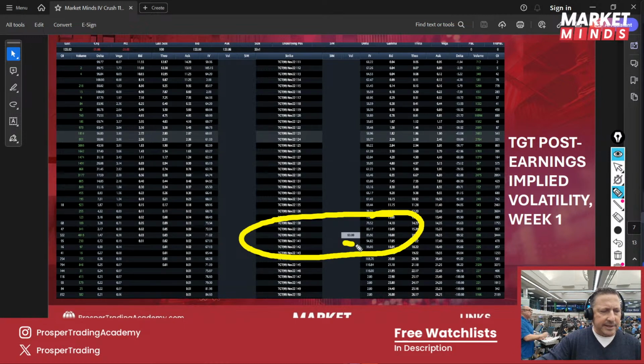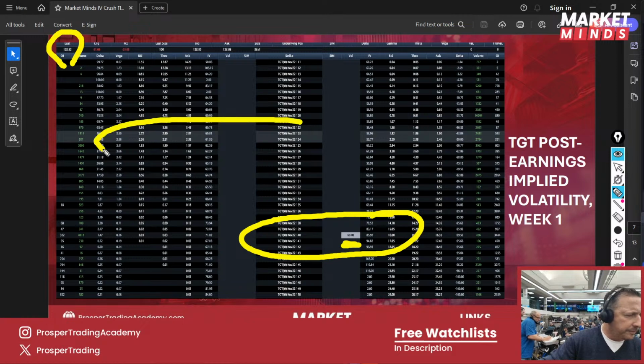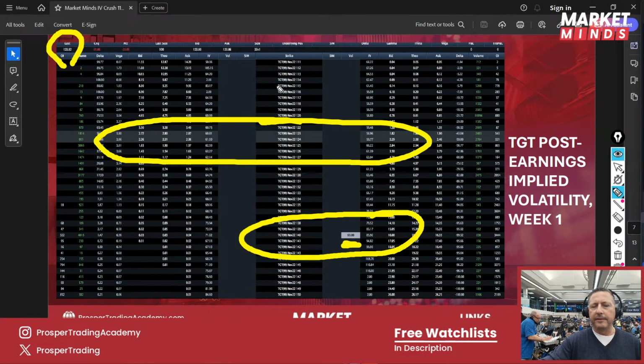Okay, that was the option I was looking at yesterday, the 140 to the downside, and that was based on at the money being 156. Remember what that 155 or 157 and a half at the money vol was yesterday. Well, what is the at the money strike now? Stock is down at 123, 124 area. Look where that implied vol is. 60%.